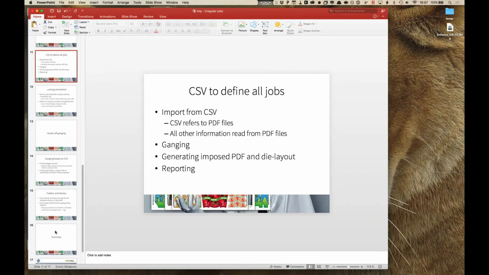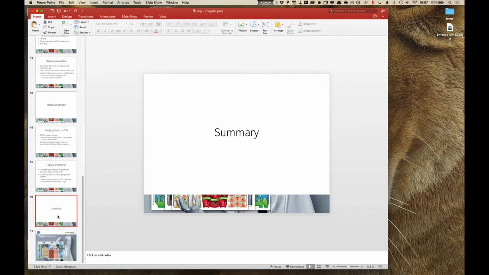That's perfect. So in summary, what we looked at today is doing imposition or ganging of components that are not rectangular, that are irregular, so using a die shape. And we've talked about doing single packages. We've talked about the die database and how you can use that to see if you have dies that are already produced for previous jobs that are very, very similar to what you're doing now, and how you can save